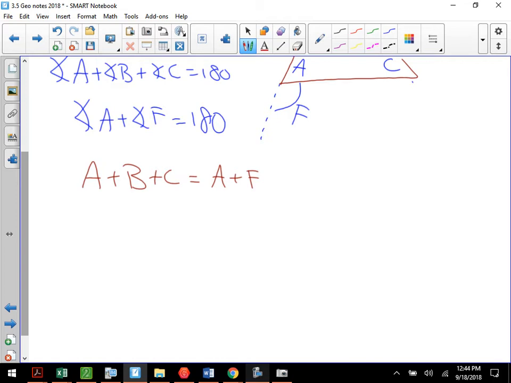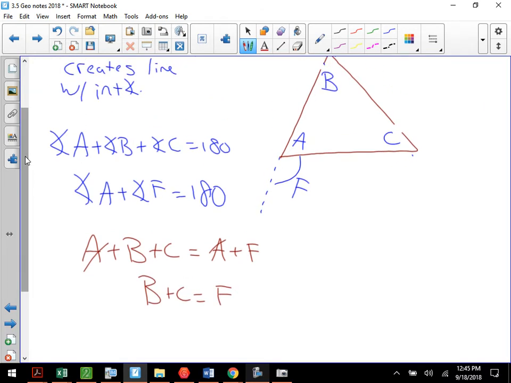What does that say about, what can you do with that? Oh, if I add, I can't add it. If I subtract it, what happens to the A's? They go away, right? So that means the A's would drop out. You get B plus C equals F, right? Now, if I look at my diagram,